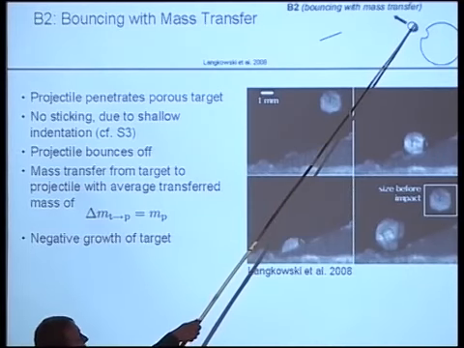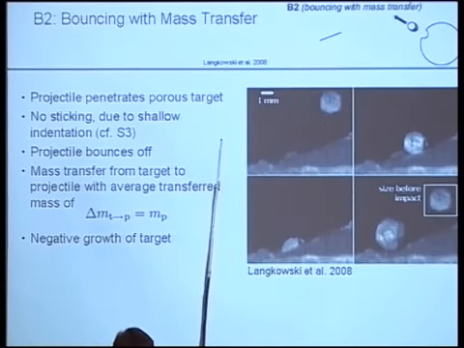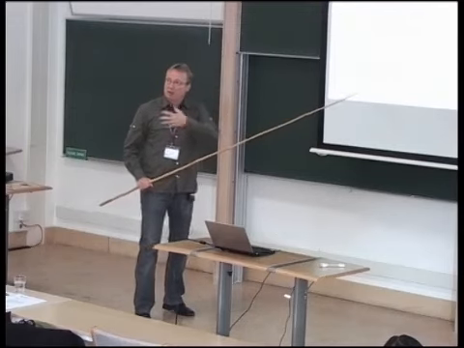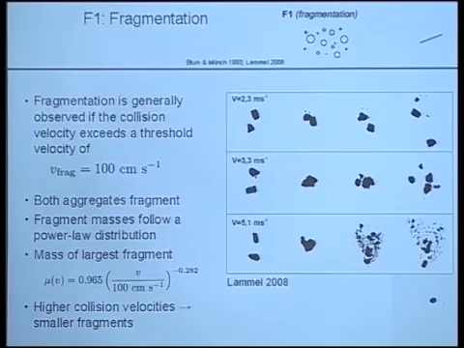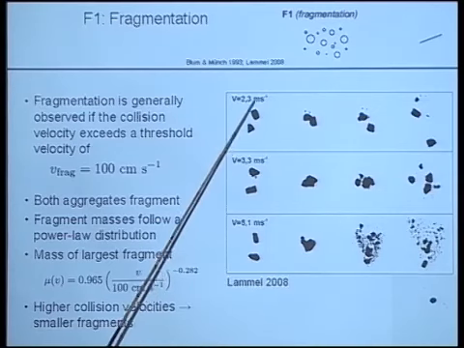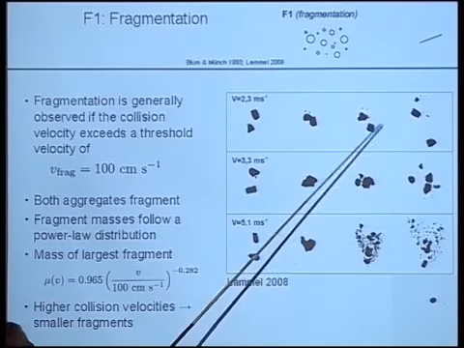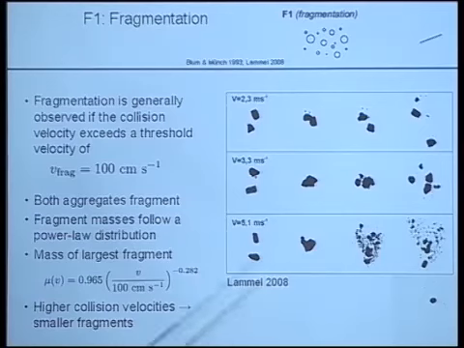So if you have some body, this can be either compact or porous, and it can take mass away from a porous target. Okay, going to fragmentation, and that means almost literally increasing the velocity from sub-meter per second or around a meter per second to above a meter per second for the material we used and the monomer sizes. Roughly above a meter per second, we do see fragmentation. So this is 2 aggregates colliding, and they fragment at 2 meters per second into some big pieces. At 3 meters per second, the pieces get smaller. At 5 meters per second, they get even smaller.